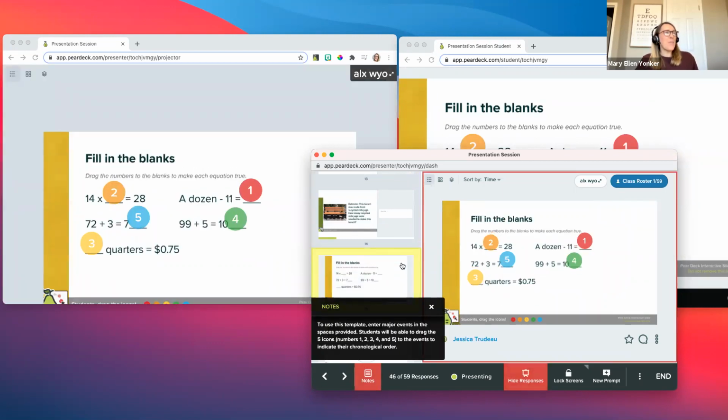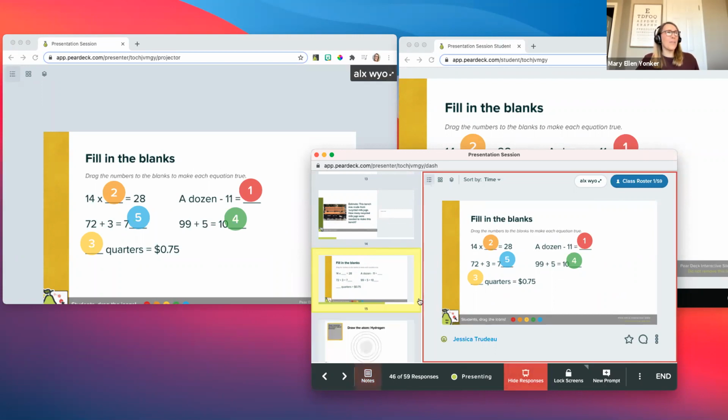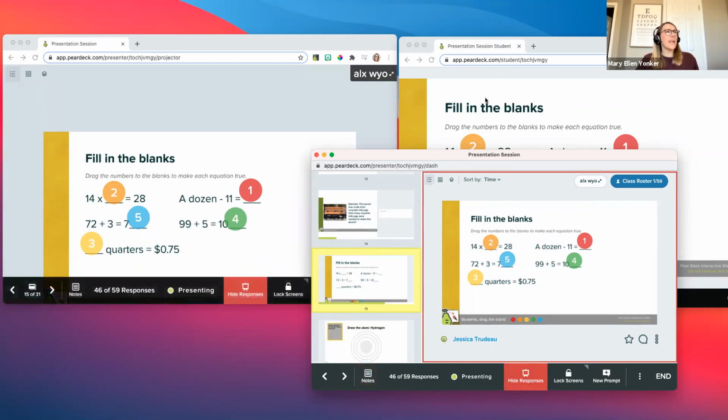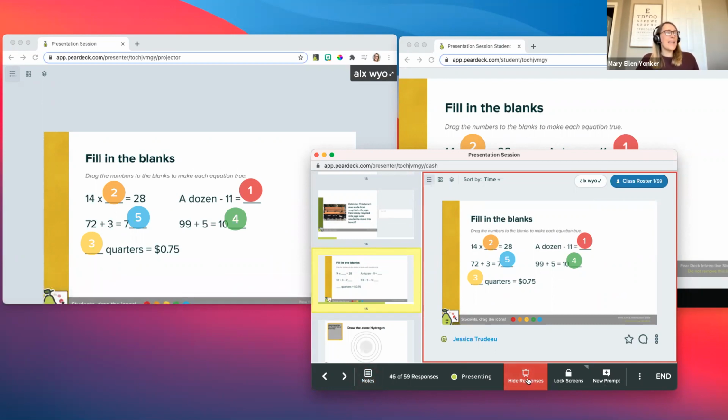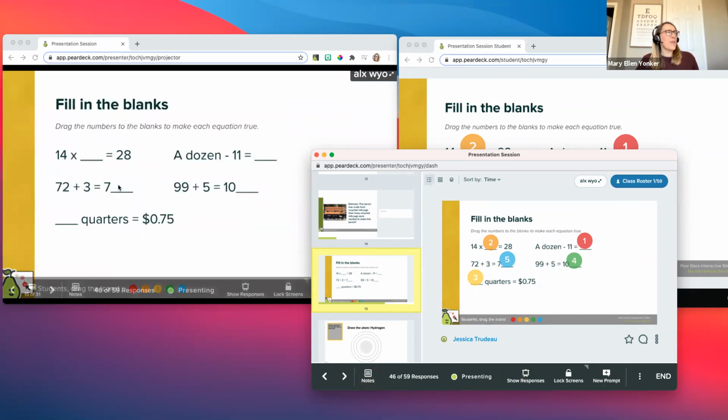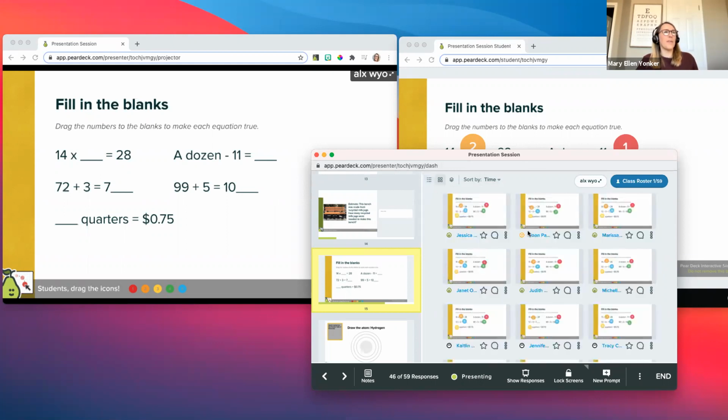And when I move to a different slide on my teacher dashboard, it's going to take my students to that slide when I'm in instructor paced mode. And I can hide my responses so that the projector is just showing the question. On the teacher dashboard, you'll see I've got some names listed here now. So when I'm looking at this question, I can choose how I want to view it. I'm going to go to the grid layout and see all of my answers coming in. I can see my student names attached to their work.